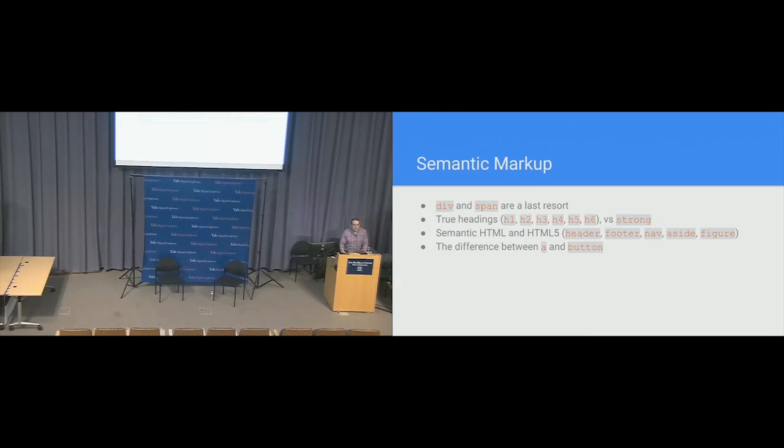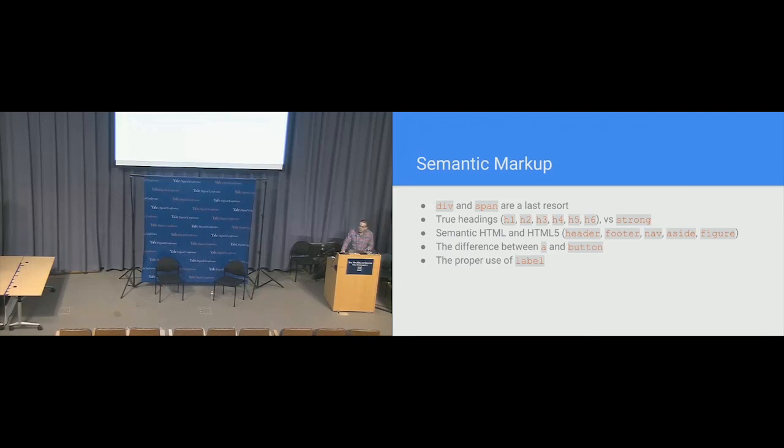Knowing the difference between A and button: most people, if they want to make something clickable on their website, will either use an A tag or a div tag, and write some fancy JavaScript, and that's bad. You should just use a button. If you're a developer and you think you want to use an A tag, but it's not actually a link to another page, or a link to an anchor down the page, you should probably just use a button. These are things you need to understand even before you get started